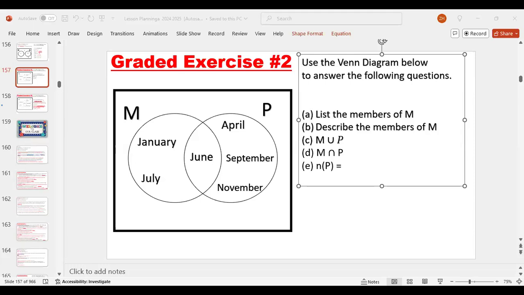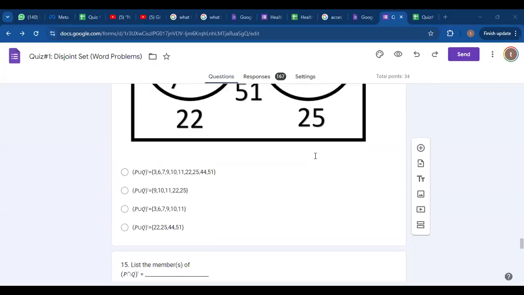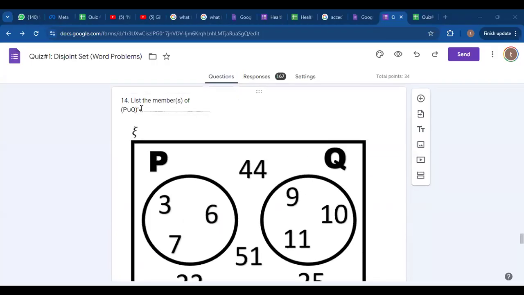Let me explain something from this quiz, because some people are getting this wrong. You didn't answer the questions on the board. That's no problem. So let me go to the quiz. Let me show y'all something. This is especially for those people who are struggling with this quiz. For the quiz, you have to be careful. Let me open this up.